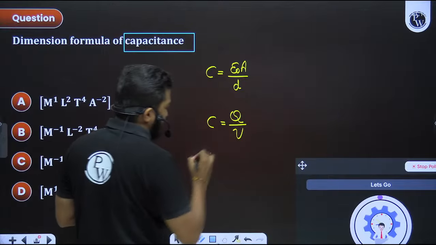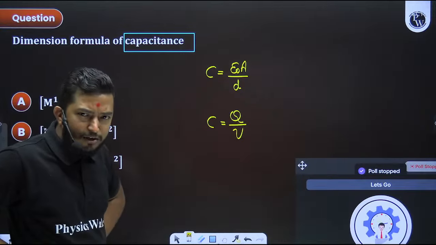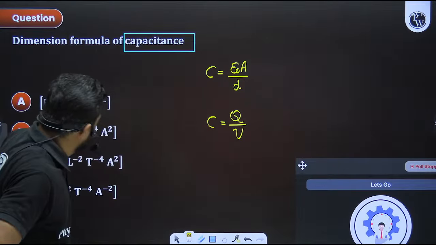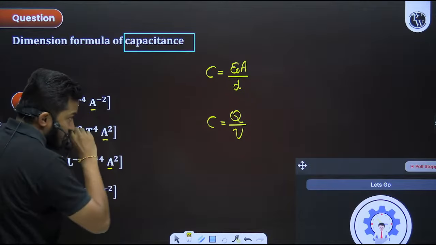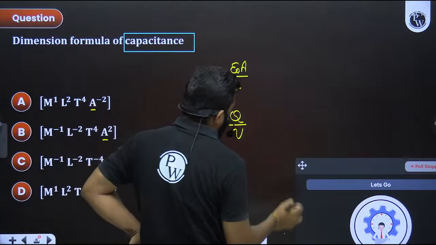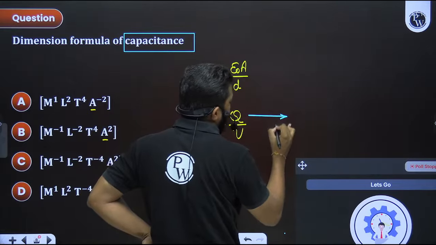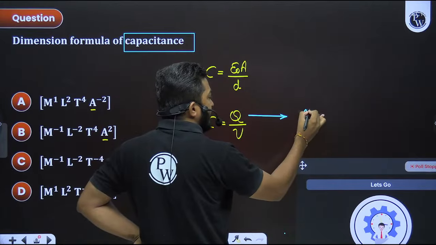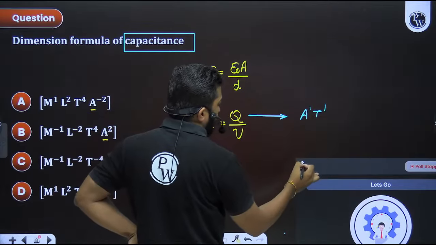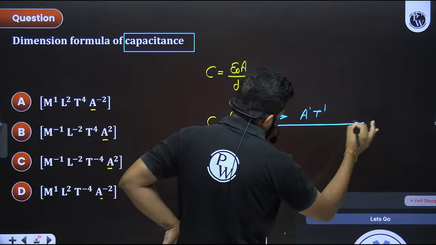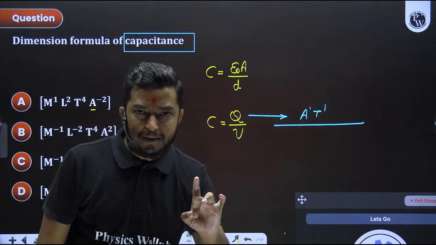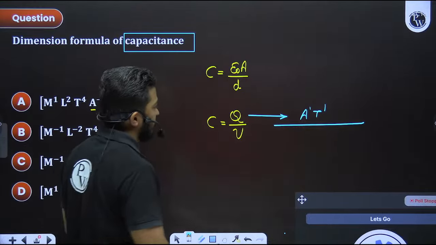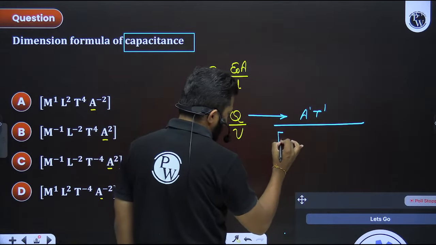Hey sir, yes dear. So actually C is equal to Q by V. It is easy. Why is it easy? Because the dimension formula is available in ampere. So too easily I can say, for the charge Q, I can write A1 T1, ampere and the time in the form of second. For the voltage, now it's time to remember this directly. I give you one hint here, for the voltage, remember directly